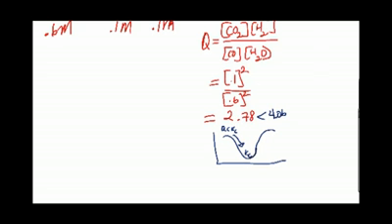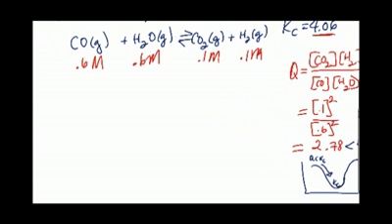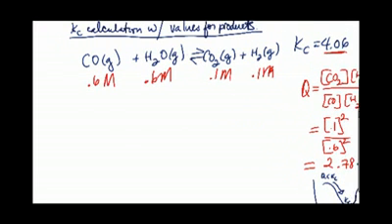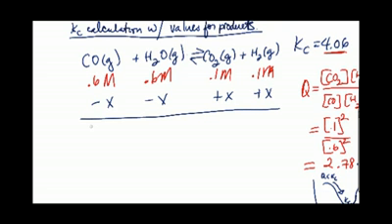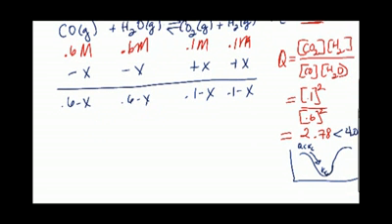What that tells you is if it's proceeding to the right, that means we're taking away from here and we're adding to here. Had Q been greater than Kc, these signs would be opposite. Okay? And then it's allowed to go to equilibrium. So it would be 0.6 minus x, 0.6 minus x, 0.1 plus x, 0.1 plus x, and then you're going to have